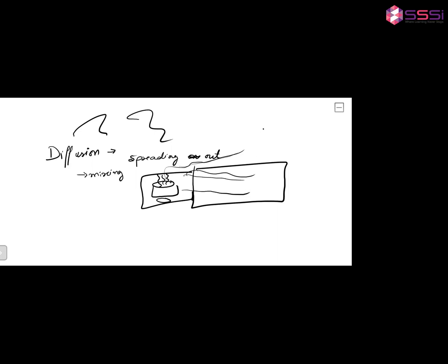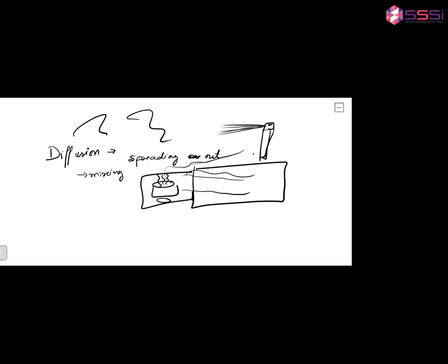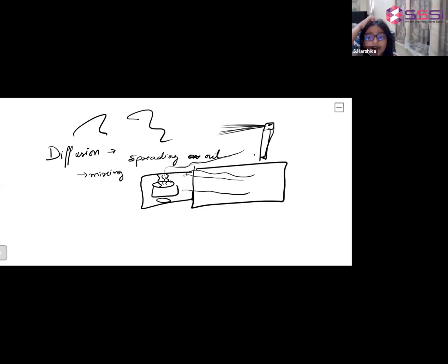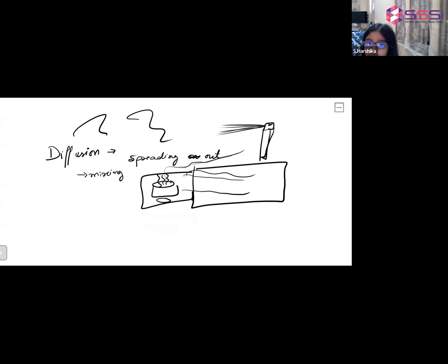And another example, room freshener, and even perfumes. If we put perfume in the air, the particles will spread out from a liquid and become a gas, which we can smell.